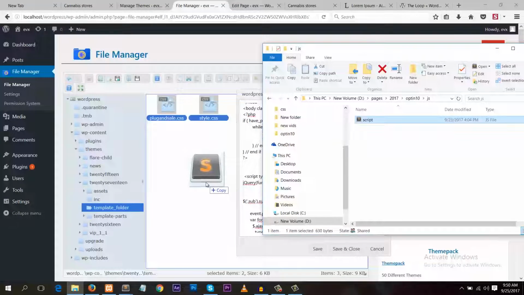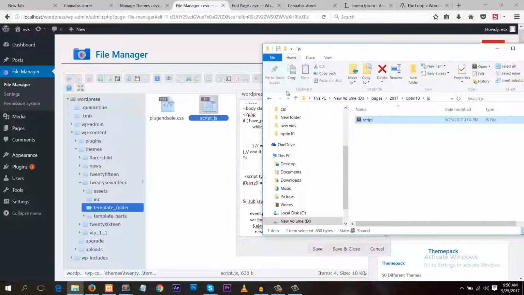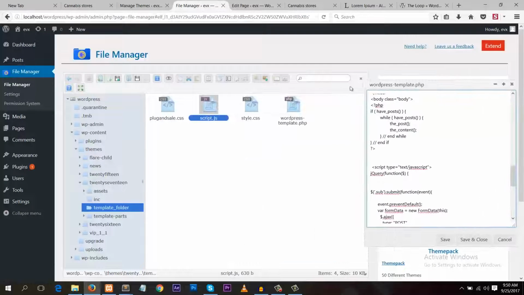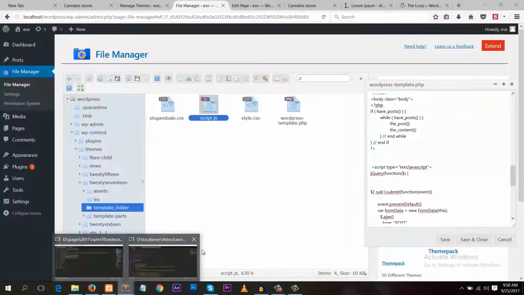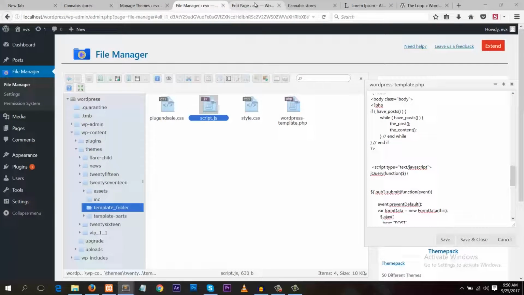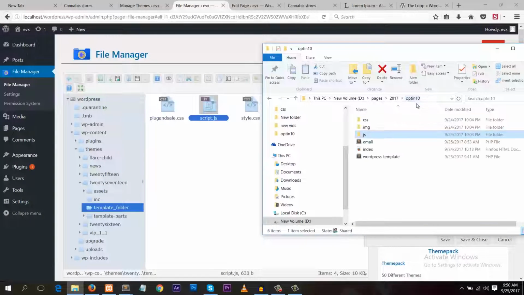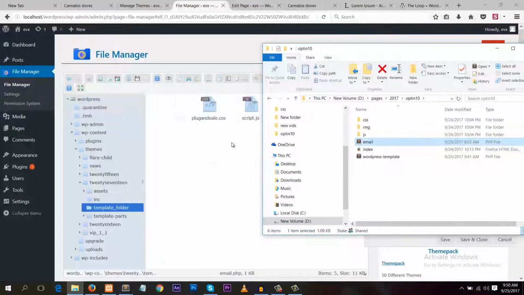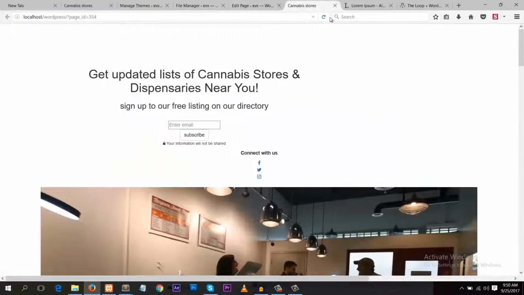If you want, you can keep them in the folder, but I just want to make it very easy for you to see, so I'm just pasting it directly here, and we'll edit how our page links to this in the code. So let's make sure that's all we need. We also need this email, this PHP script. So that's it. Now if we refresh,